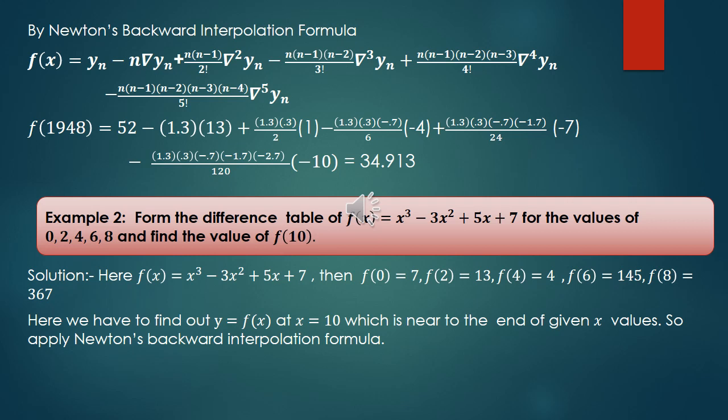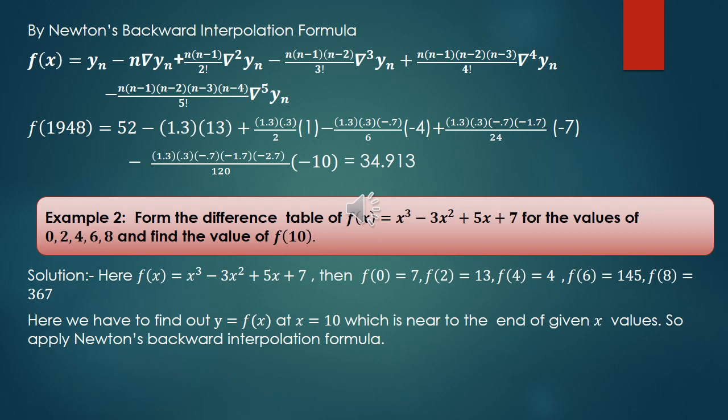Here I used the fifth power of the backward difference operator because from the last table we can construct the fifth order backward difference. Therefore, I add the fifth power term in the formula. Then f of 1948 is equal to, substituting the values, yn, that is 52, minus n, that is 1.3, into del yn, 13,